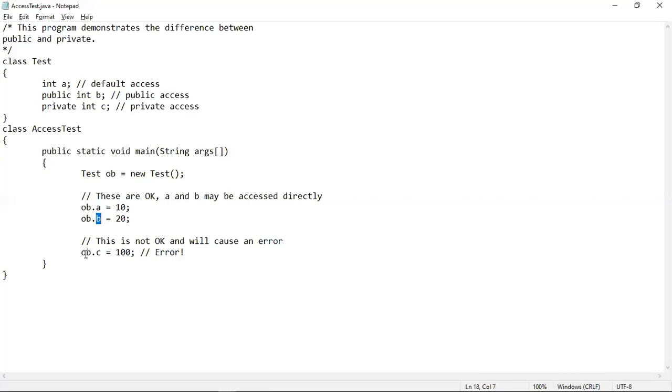Now using the object OB, we are assigning a value 100 to another instance variable of the class test, which is C. But this statement is going to give you an error because it is a private variable. This variable can only be accessed inside this test class. If you want to access this private variable from another class, like what we are doing here, we want to access this variable from this access test class, which is our main class,